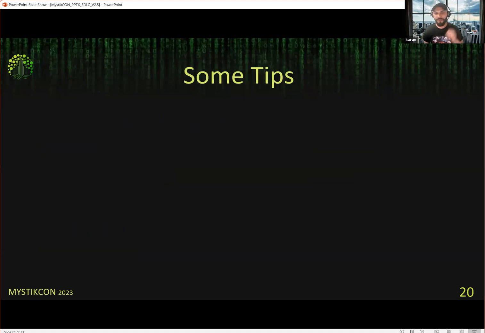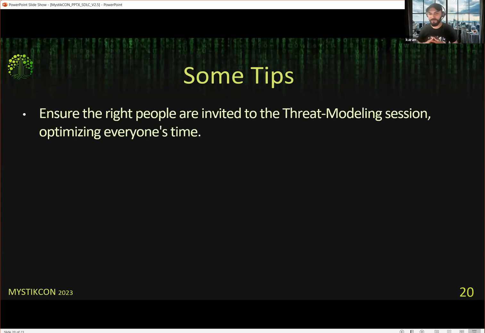Some additional tips that I want to give you, again, from experience, specifically regarding threat modeling. When you conduct threat modeling, whether you are a security team or a DevOps team, whoever needs threat modeling, you need to make sure that you invite the right people to that session. You definitely need someone from the architect team, you definitely need someone from the security team, and you probably need people from the engineering or DevOps team. The people who are actually going to build that product down the line need to be part of that threat modeling session.